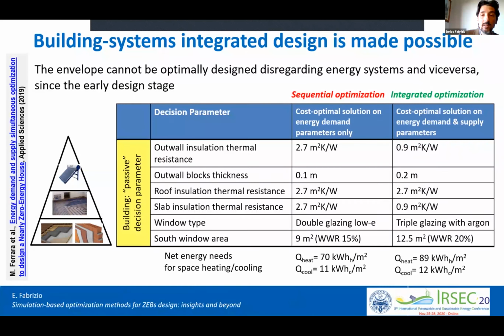Many design parameters change when we look in an integrated fashion at optimizing building systems, building components, building envelope, etc. And also other examples can be found on the comparison between,